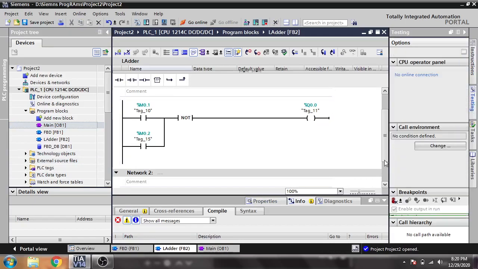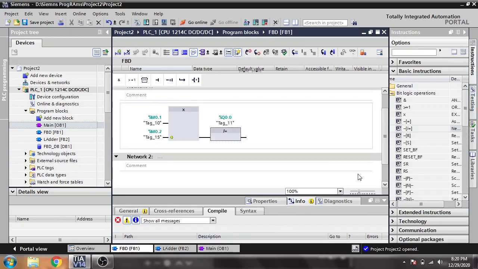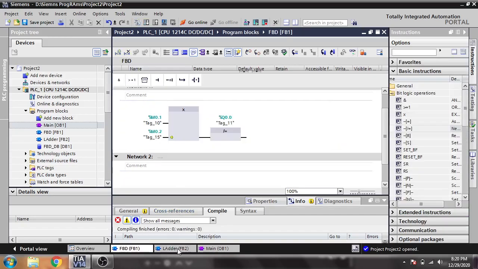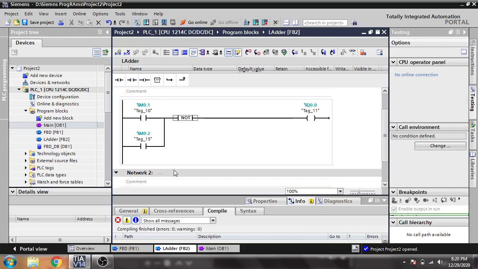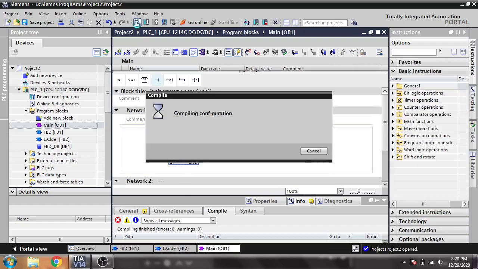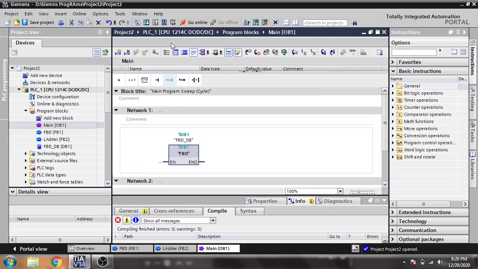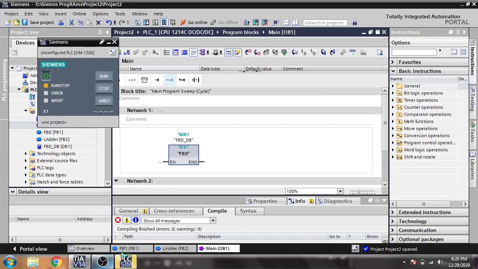First we need compilation of both FBD and ladder, and the main OB also. Now I think I need to start the simulation to check how that thing is working. So let's see, it is going to start.